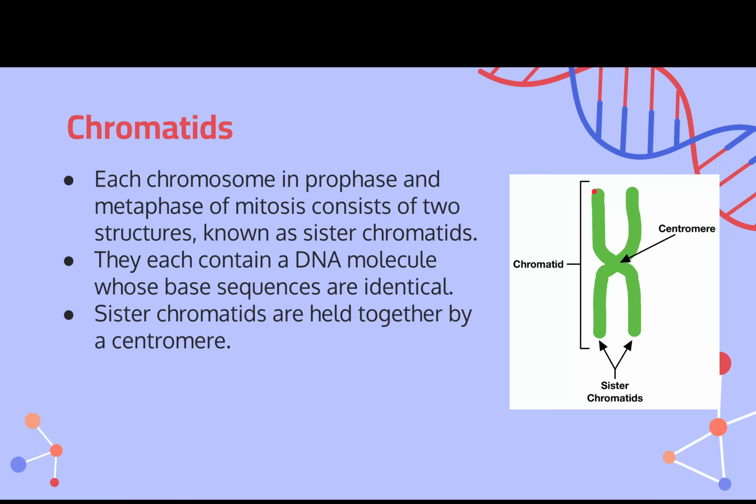Okay. You should be able to see my chromosome, my cursor. Now, that's one sister chromatid and that's another sister chromatid. So if you split it down the middle, there's one here and one over here. These each contain a DNA molecule whose base sequences are identical. So this part of the chromosome is identical to this part of the chromosome, and that's why they're known as